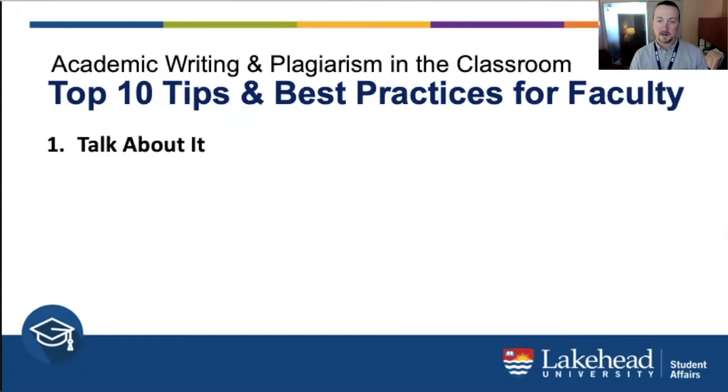Another thing that's important when you're talking about plagiarism and academic writing with your students is to show them specific examples of plagiarism from your course. Obviously, anonymously, you're not going to bring out a student's name and shame them or humiliate them, but just anonymously saying, here's something that happened last term, and you show an actual tangible example on the screen, black and white, here is the text that was supposed to be paraphrased that borrowed too much of the exact same language, and it's not paraphrased enough. So I would actually count this as plagiarism. Or someone just copied and pasted, there's a quote, but they didn't actually put an in-text citation. Show those things to your students to say, these are the types of things that you don't want to do.